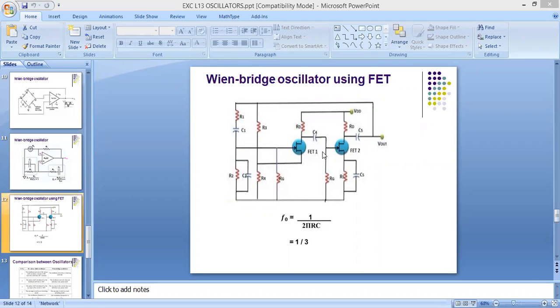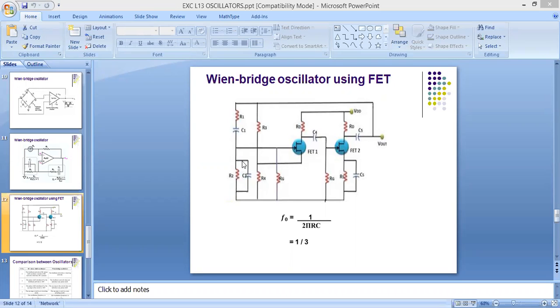So to overcome this problem, we can provide a gain of 3 by using external negative feedback. So we can give this as negative feedback and you will get a gain of 3, and your Barkhausen criteria will get satisfied. So here we can see that the Wien bridge oscillator will use the Wien bridge as a feedback network, where we can